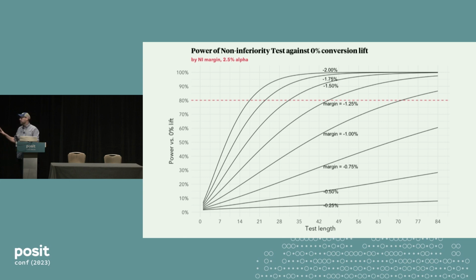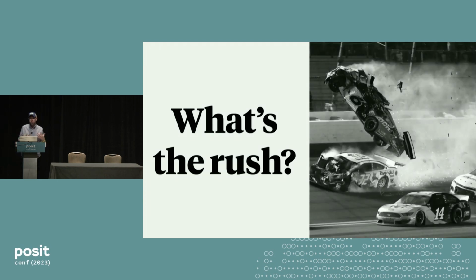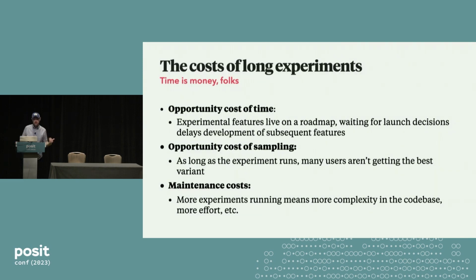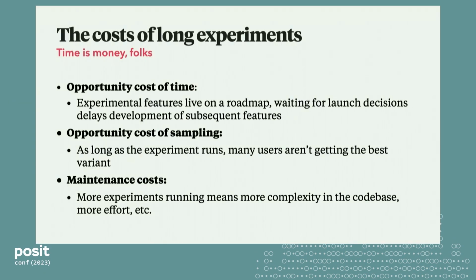But there's another method that I like that I want to talk to you about, and this one directly attacks the core question that we have in these test design conversations, and that is, what's the hurry, right? Why do we not have the patience to run an adequately powered A/B test in this organization? What's going on? Why are we in such a rush? And we sort of know the answer, right? Running a test a long time is costly. There's an opportunity cost of time.